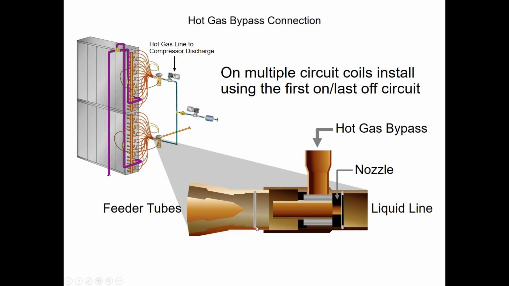Sporlan is the manufacturer of them. You take the nozzle out of the distributor, you put the T on, and now you reinstall the nozzle at the inlet of this ported T, and then your TXV fits on over here. So the side connect ported T goes in between your TXV and the distributor of your coil. And then when your hot gas solenoid valve's energized, and if the regulator sees that you are at whatever pressure,